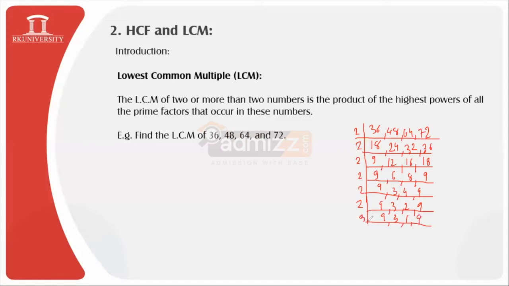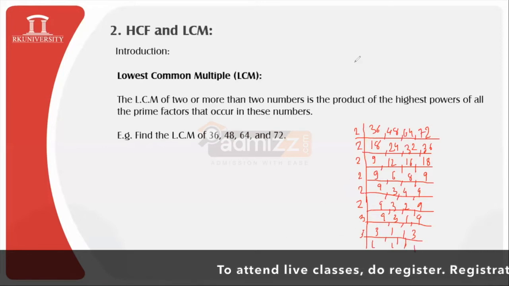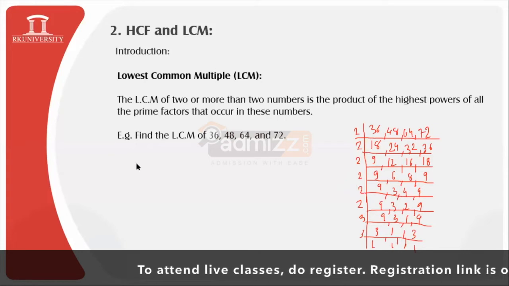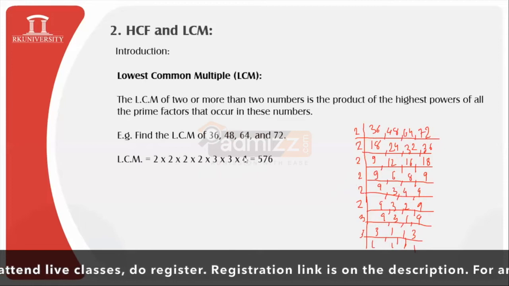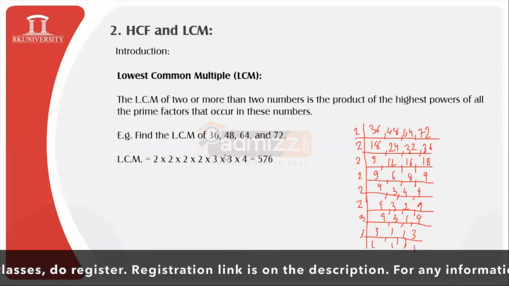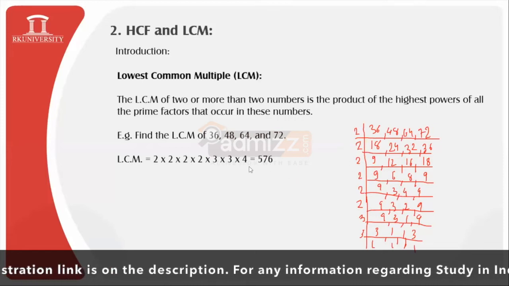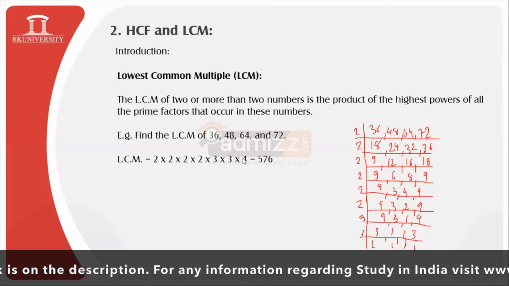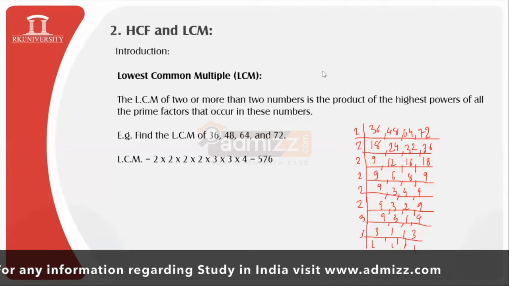Now I will switch over to another prime number, that is 3. So 3 into 3 is 9, then 1, 1, 3 and 3, 1, 1, 1, 1. Now we will take the product of all the given divisors. The final answer after taking the product turns out to be 576. Over here this 4 is nothing but 2 into 2. By mistake it is written 4 over here. Ultimately we need to count 2 times 2 instead of 4. So if you do the simplification and take the product, the answer is 576. Yes, very good.